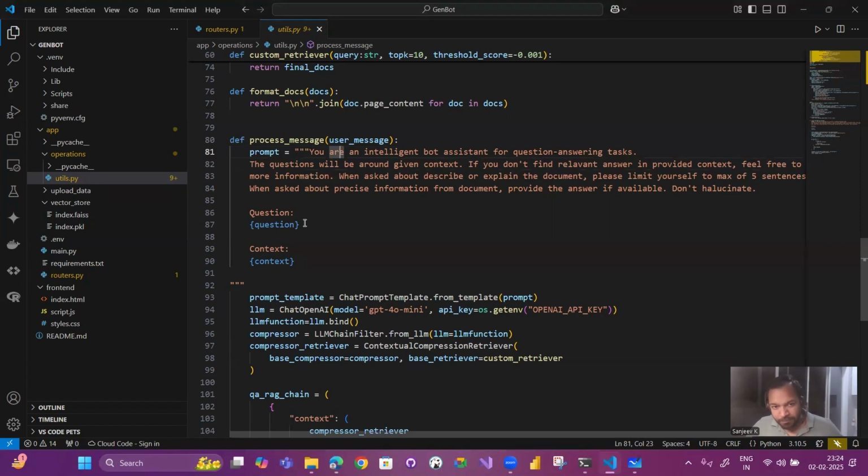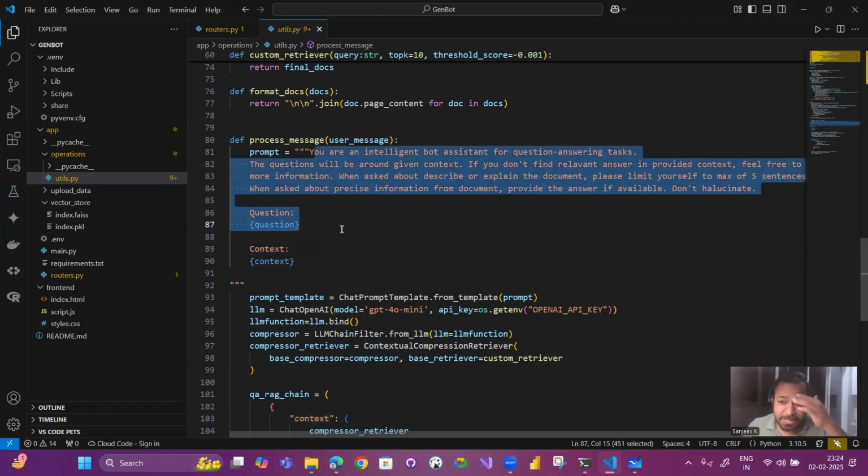Along with the prompt, we are also sending the question, and we are also sending the context. Now context is nothing but, when a user asks a query, we do a cosine search, get the top 10 or top 20 documents, and feed those documents to the LLM. How you pass it is by using the pass-through mechanism in LangChain. There are many other features available, but I think LangChain is easier to understand to start with.